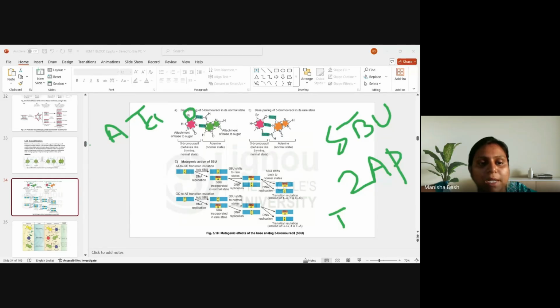That is the only structural difference between a thiamine and a 5-bromouracil. So when the DNA replication is taking place, sometimes by mistake, instead of pairing with a thiamine, the adenine can mispair with a